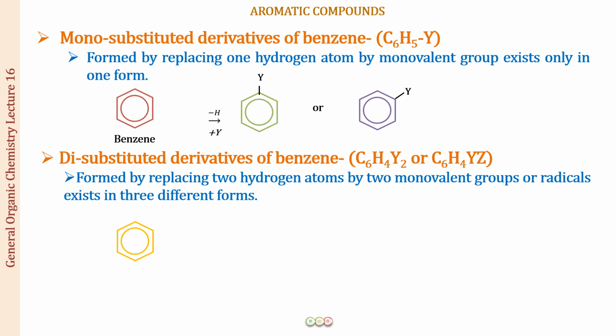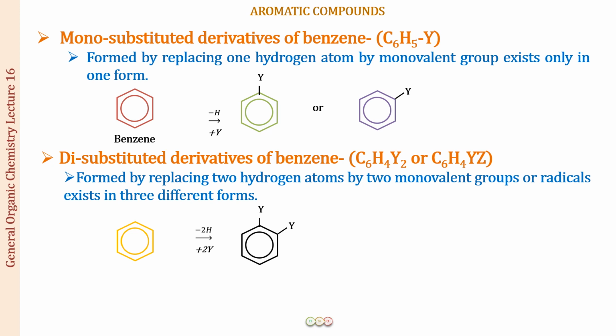So we have the benzene ring. From this we have removed two hydrogens and replaced them, let us say, by two Y, the same type of groups. Alright. So now this is one way in which we can represent the structure. Let us assume that this is position number 1 for the carbon where we have put this Y. So the next Y which we can put is at the position adjacent to it. So if this is 1, this will be position number 2.